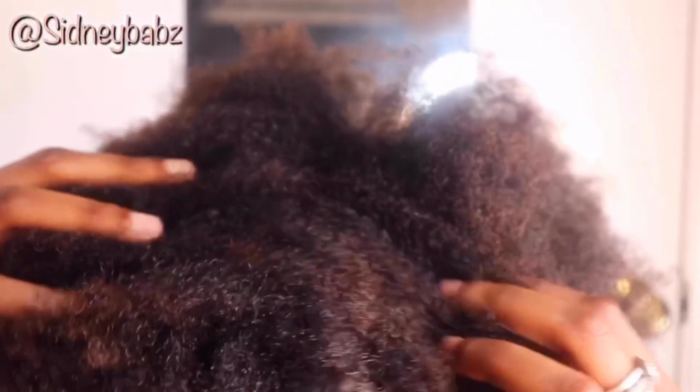So guys, today I'm going to show you how to get a sleek low ponytail on short hair. Y'all, my hair is really short. I'm 10 and a half months post big chop. So if I can do it, all of you can do it. As y'all can see, I'm definitely type 4 without a question. And also my ends need to be done, but